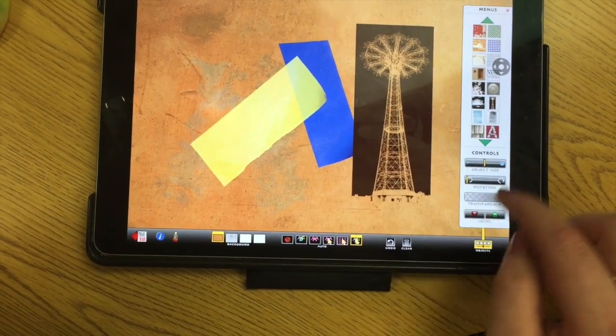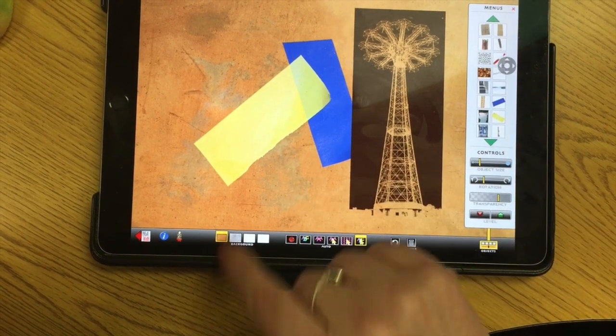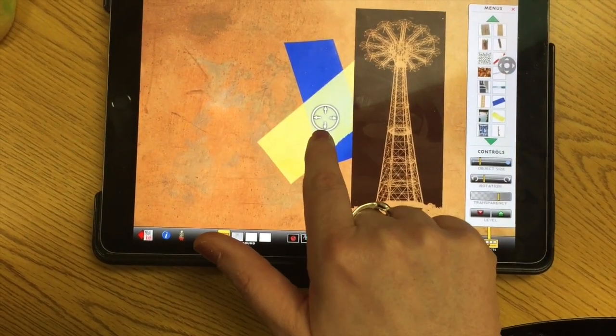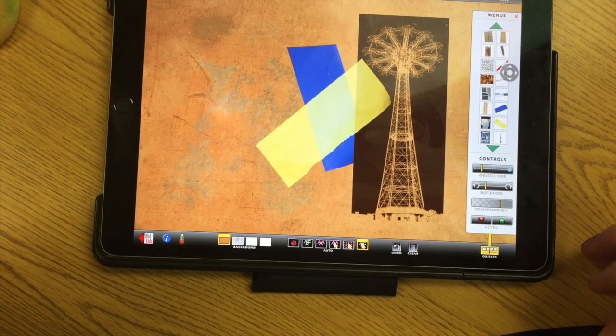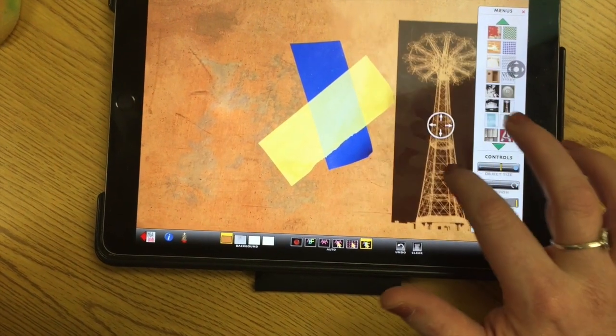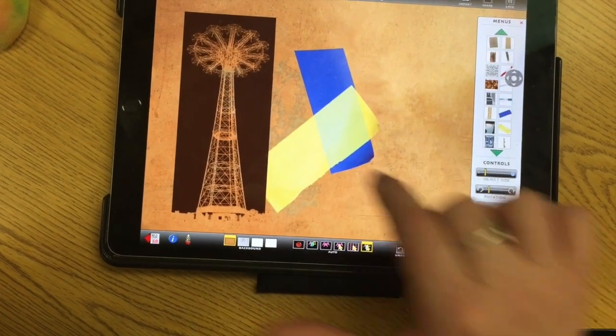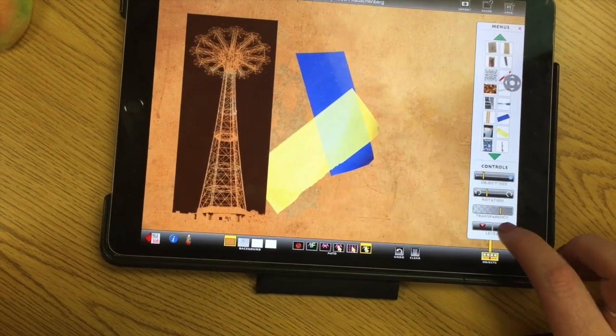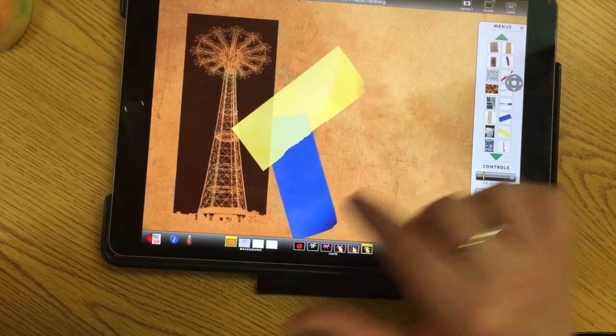Next week we'll add our own photos from our culture photo editing. So just have a good time and play. Don't forget to take a screenshot when you're done. It's okay if the tools are still there, but just turn it into your teacher in Seesaw so we know you had a chance to play.